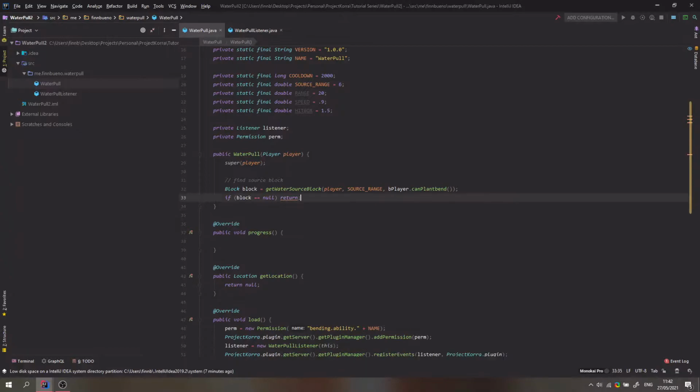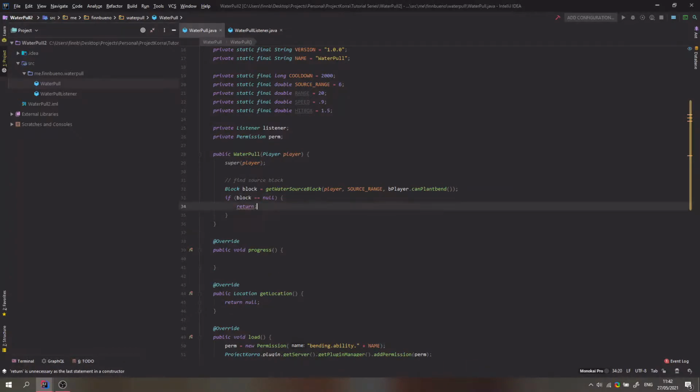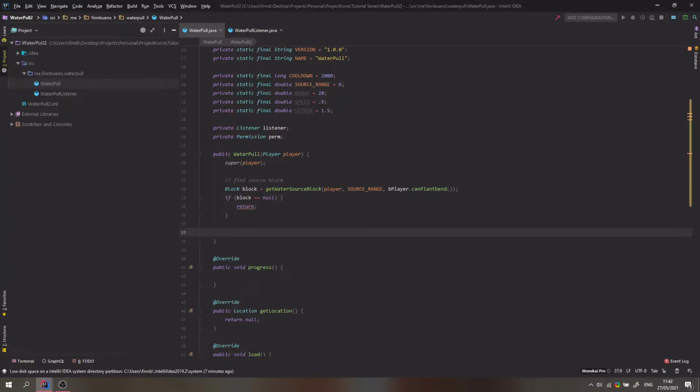What we then do, actually I prefer it with braces. What we then do is we're going to check if there's already an existing instance of water pool for this player, because if that's the case, we want to cancel it, because when you sneak at a source for water pool, and you select that source and sneak at another source, the previous source needs to be